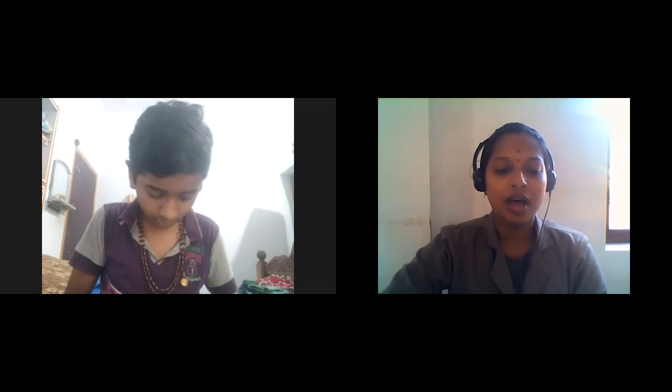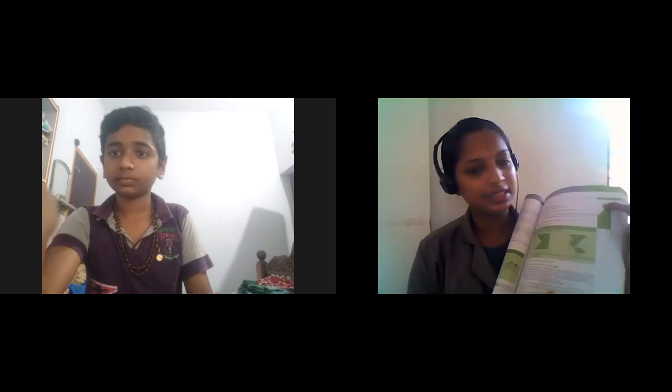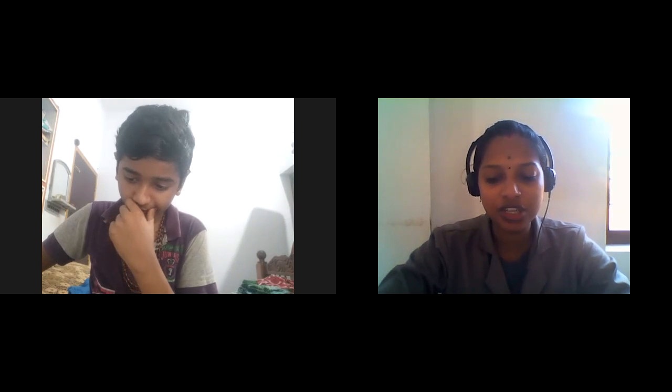So this is the section on parts always add to give a whole. And one more thing, that is Fun with Estimation. No need to write in your notebook. We just have to discuss it. There is Example 11. You can see a figure on page number 163. Here a figure is given for us. What percent of the adjoining figure is shaded? We just have to calculate what percentage of the adjoining figure is shaded.